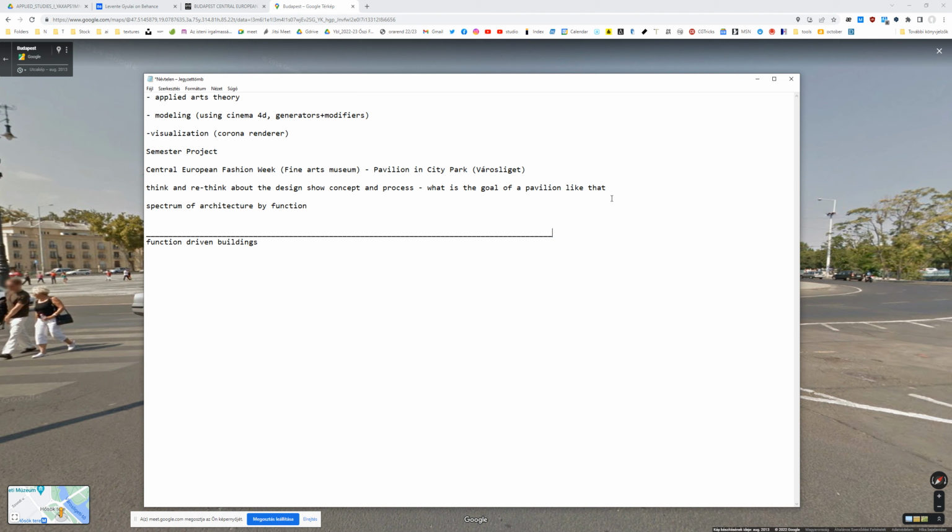Can someone tell me a healthcare building, hospital. Who said that? Victoria. Yeah, exactly. Function driven buildings like healthcare or hospitals or